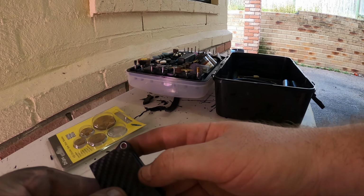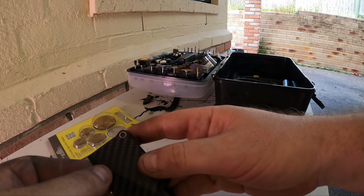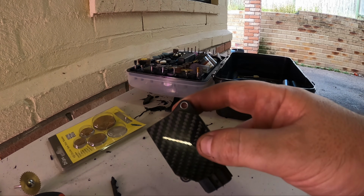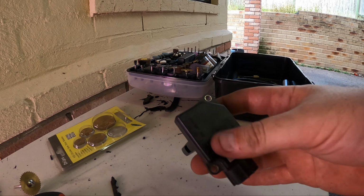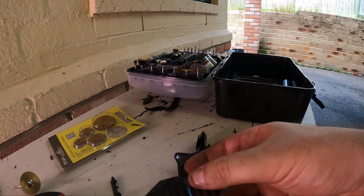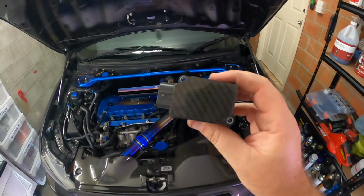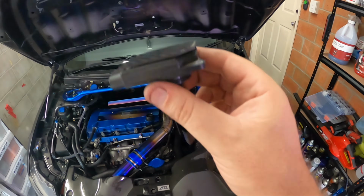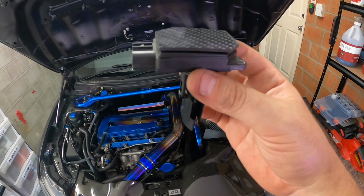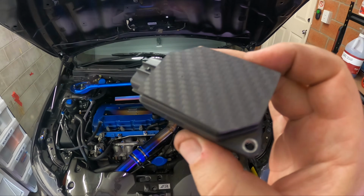which I'm going to just put some double-sided tape down. But yeah, I'm pretty happy with that. It's going to be an awesome little addition. So I'll clean this off a little bit first and find which side of this I'm going to use, and then yeah, I'm going to stick that on. Alright guys, check that out. How cool is that? Yeah, it's obviously a factory MAF sensor with just a little piece of carbon stuck on,